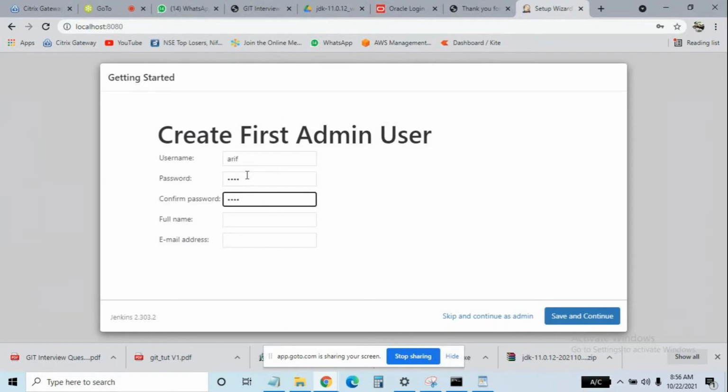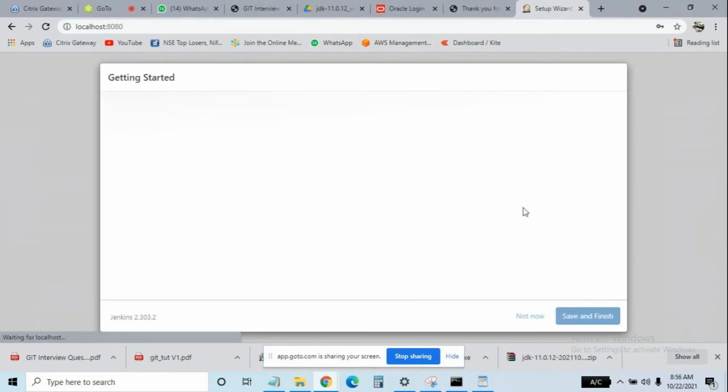Full name also the same. Email address arif@gmail.com. No need to give a valid email; any email you can give. Click on save and continue.